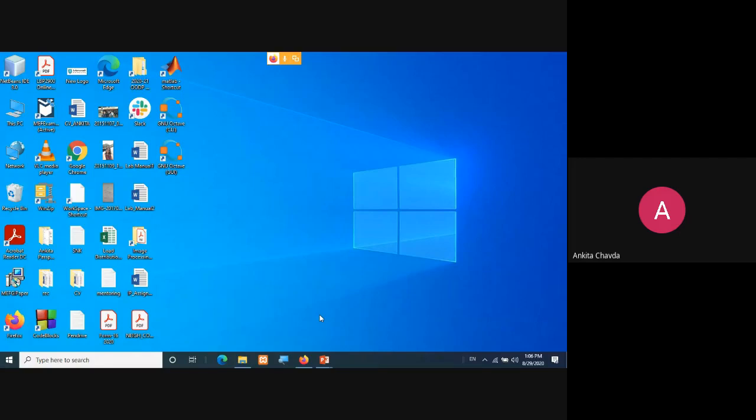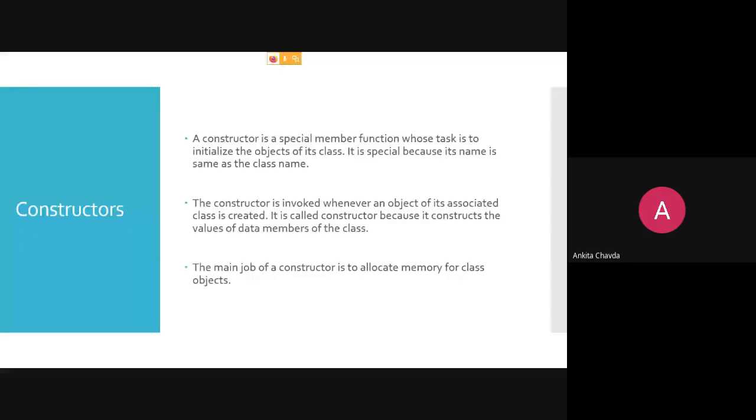The constructor is invoked whenever an object of its associated class is created. When a function will be called, you have to write the line of calling your function, so at that time your function will be called.